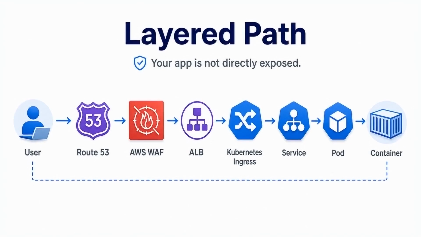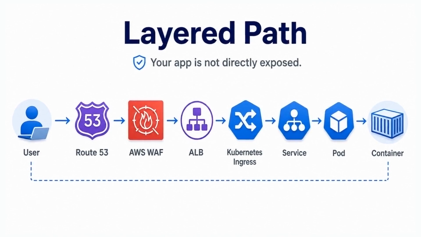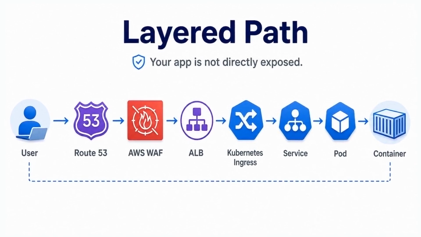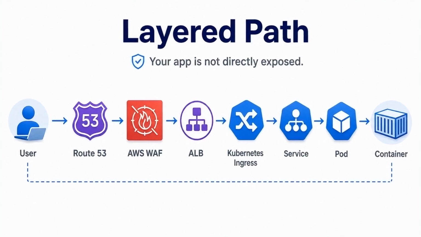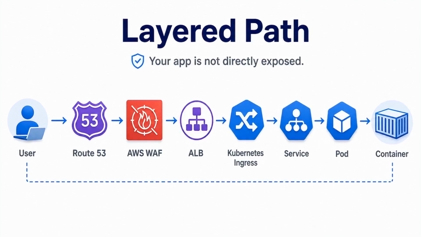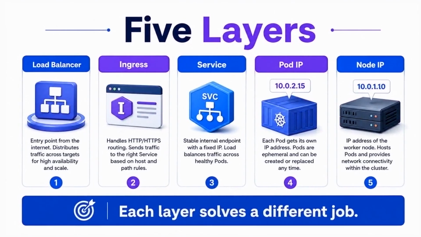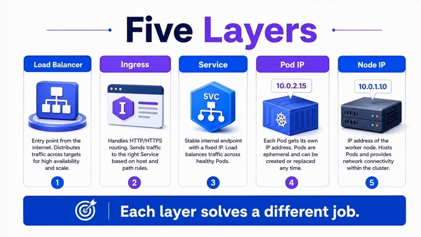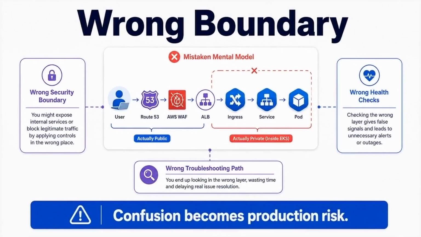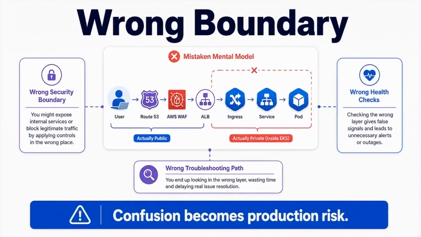In EKS, your application is not directly exposed to the internet. Traffic usually crosses AWS networking layers, Kubernetes routing, and then the pod before the container ever sees a request. That is why EKS networking confuses people. They mix up the load balancer, ingress, service, pod IP, and node IP, even though each layer solves a different job. If you miss one layer, you can create the wrong security boundary, the wrong health check path, or the wrong